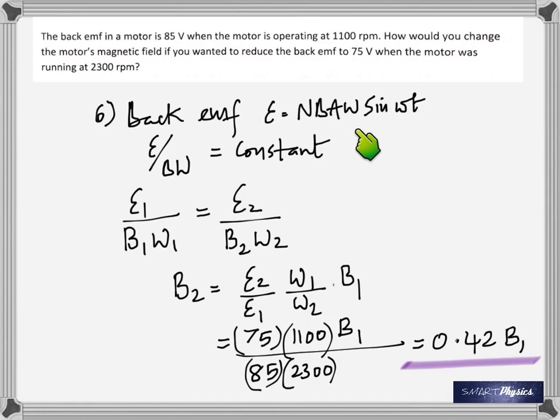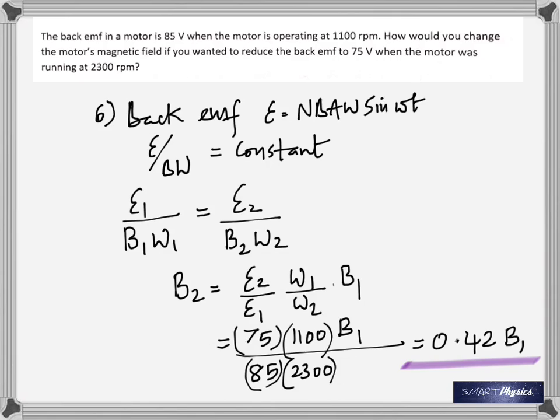And when you rearrange this, you can see that E by B omega is a constant, because the number of turns and area in this particular problem are the same. So this is a ratio set up here: E1 by B1 omega 1 is E2 by B2 omega 2. And then we can calculate B2